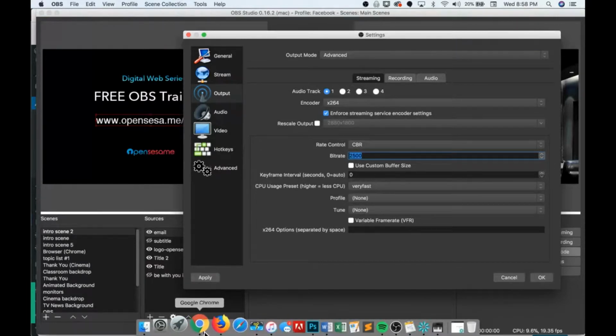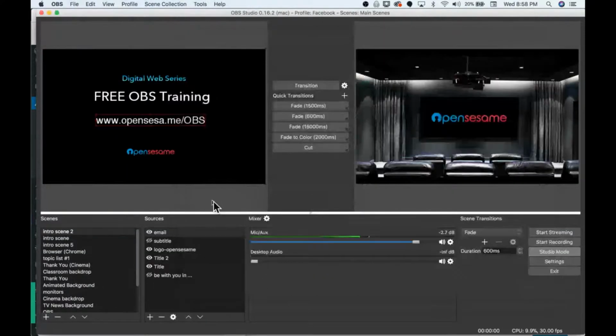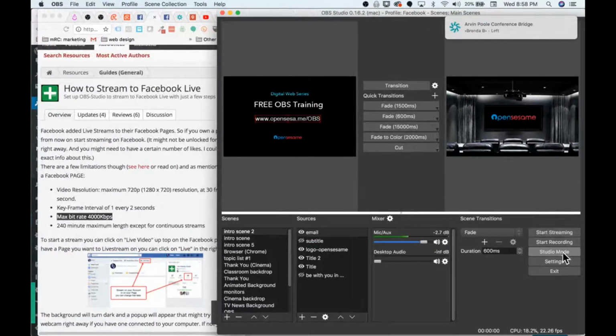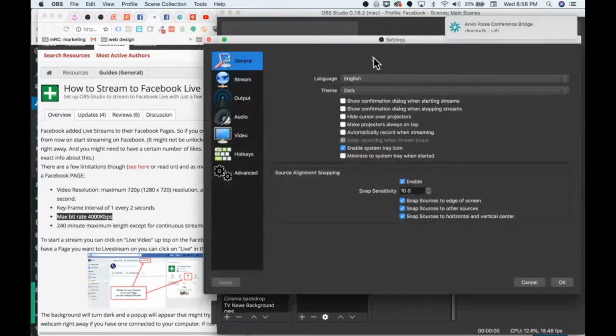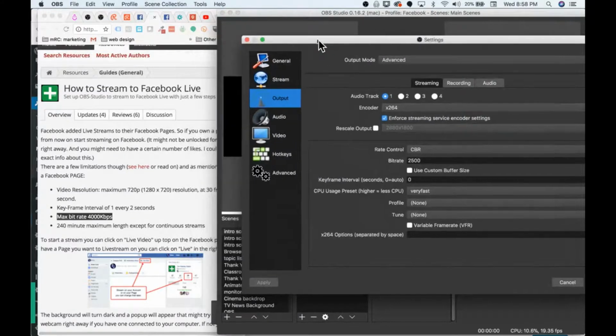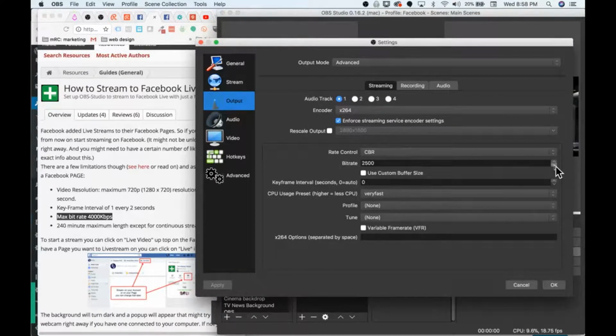So let me go back to our window here. Actually, you know what? Let's see if I can click OK and close this out a little bit. Just like that, so I can see the settings. There we go. Now let's go to settings. And let's go back to output. And so this bit rate, everyone, should be at, it says max bit rate is 4,000. Interesting. So we can actually increase this bit rate to 4,000. Okay. And we want to make sure that our